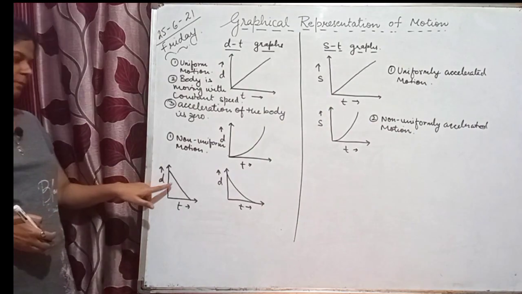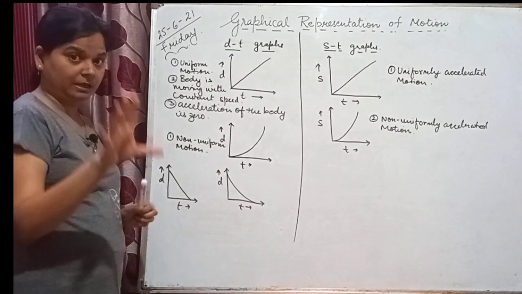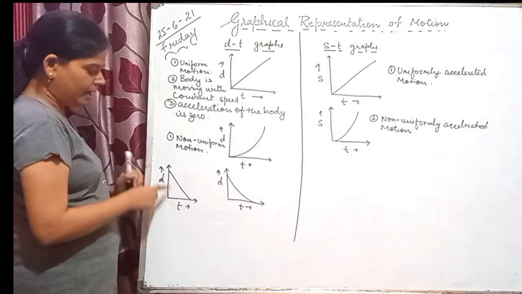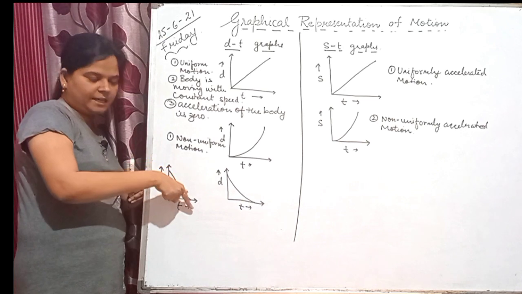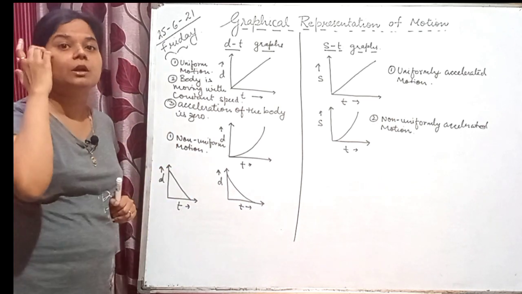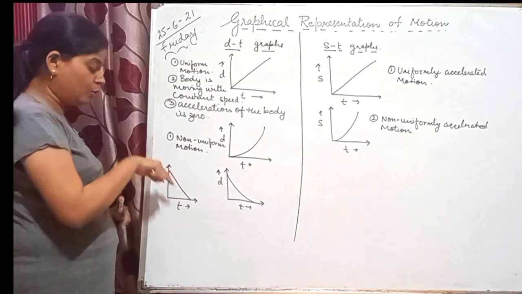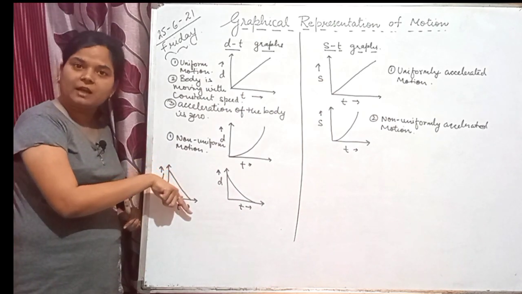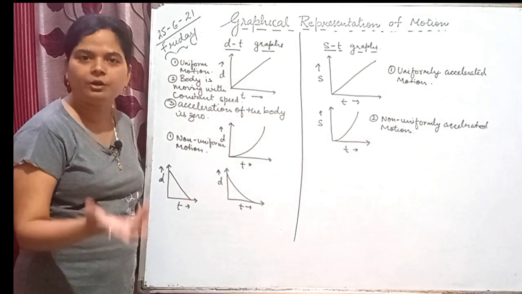So this graph represents what it represents. I am saying that is how to read the graph, right? This graph is saying that the distance is decreasing with time, because the graph is coming down. If it is coming down, that means the quantity on the y-axis is decreasing. So distance is decreasing with time uniformly, and this is saying distance is decreasing with time non-uniformly.